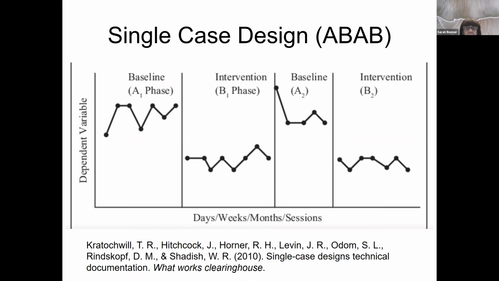Let's not consider weeks and months, that wouldn't be appropriate in this case. But at the first part, left-hand side of the x-axis, where it says baseline A1 phase, this would be called an ABAB design, where A's represent no treatment. At the baseline phase, you have 7 occasions of measurement, and your dependent variable is perhaps some kind of